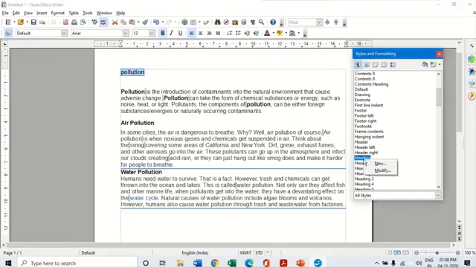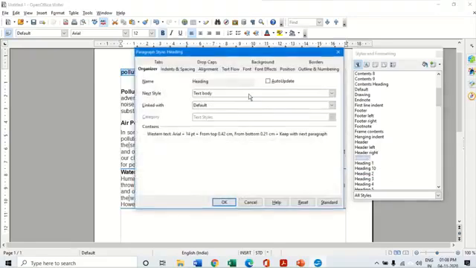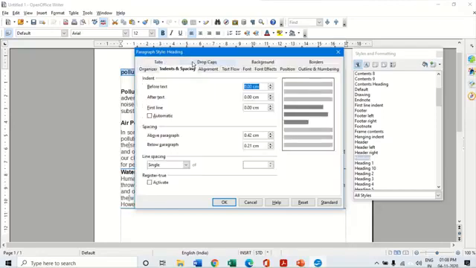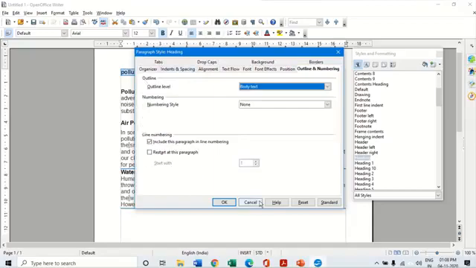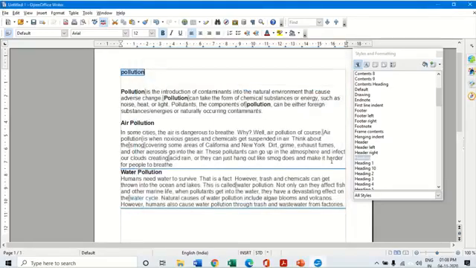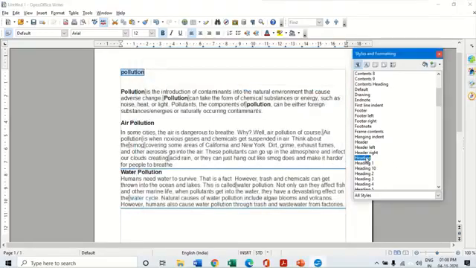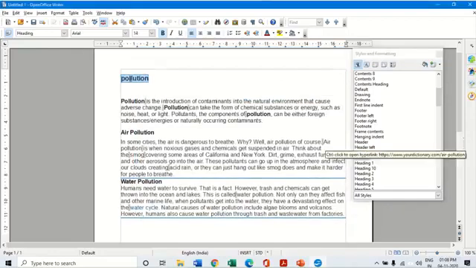Now when I right click and click on Modify, it will tell me how it is going to be, the tab stops, what the border is, what the text style is. All this I will get to know about this particular heading. If I double click on this, it will show me that this particular heading has been applied. That is Heading 1 has been applied over here. And it is Arial size 14, bold, and left aligned.